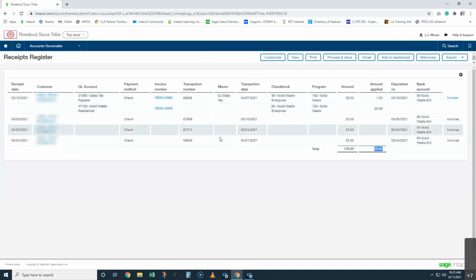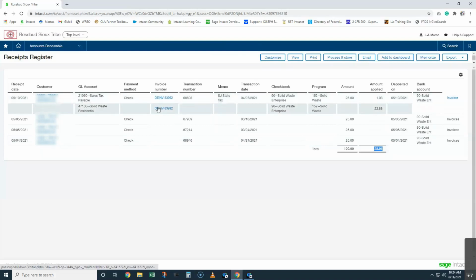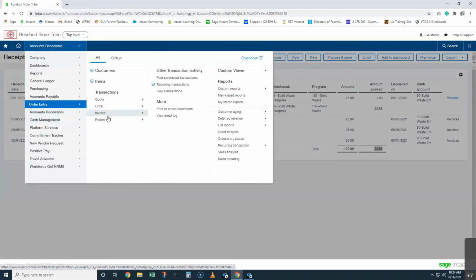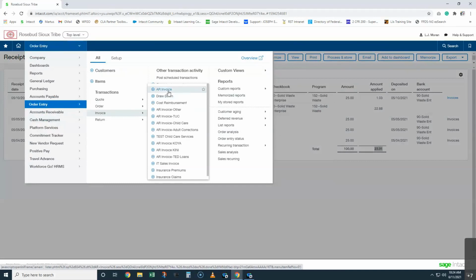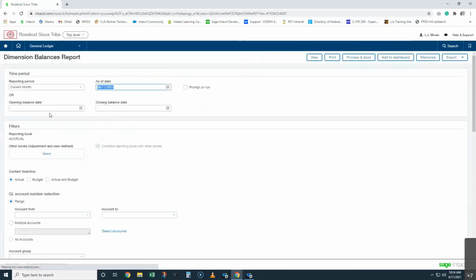Another option we have to manage those unapplied payment balances is to run a report through Dimension Balances. So we get to use accounts receivable, our aging report, our registers report, build a custom view where we create our invoices, or we can go to General Ledger, Dimension Balances,